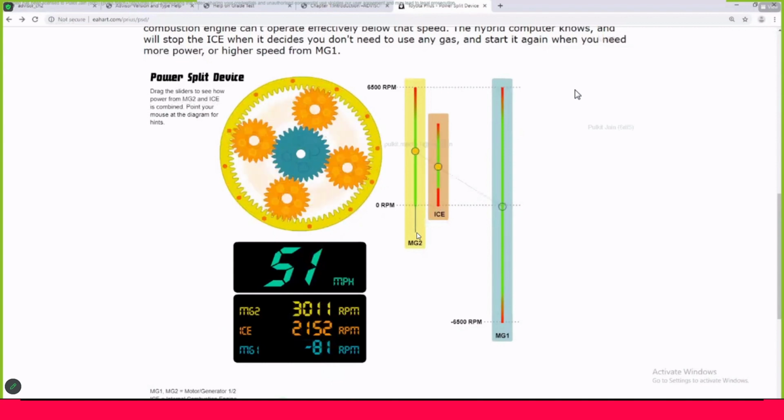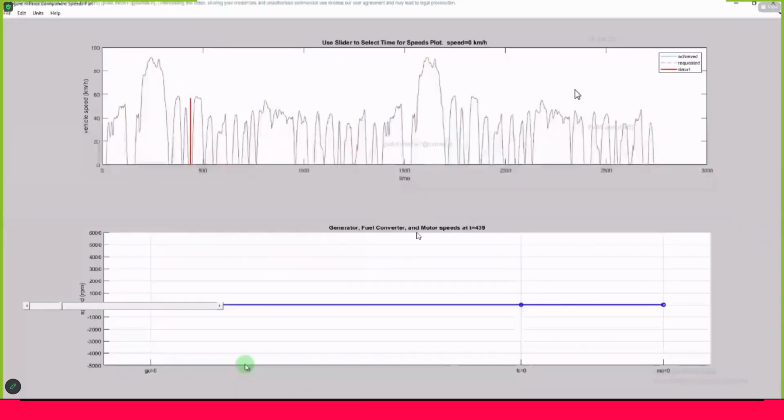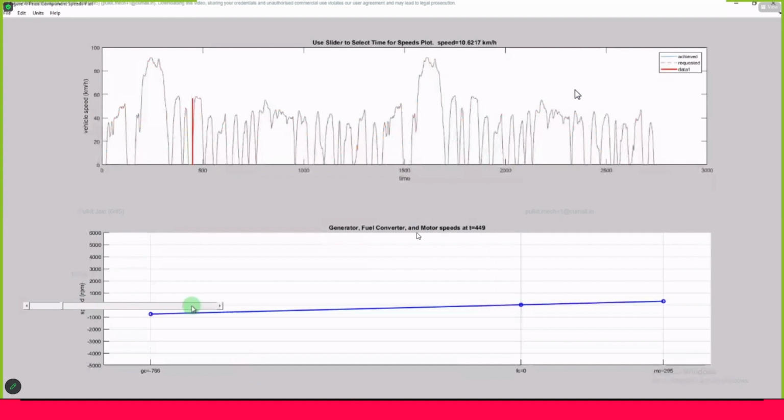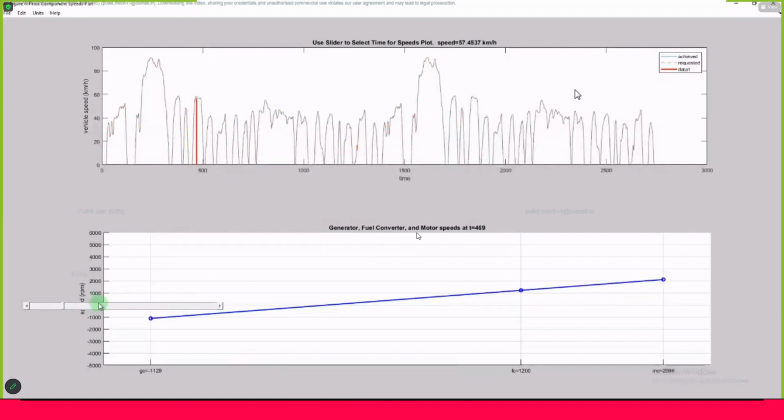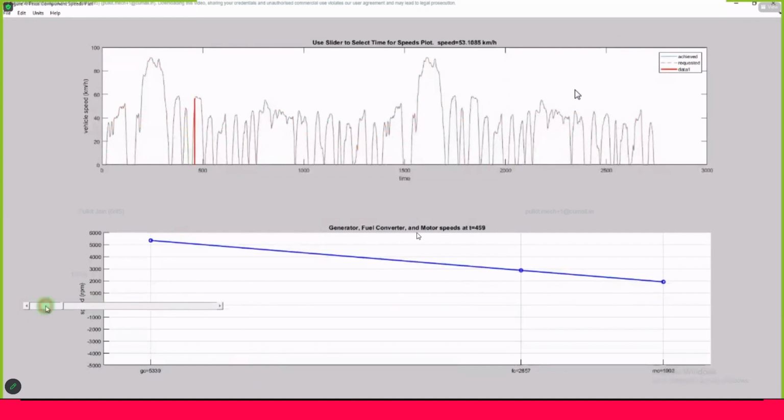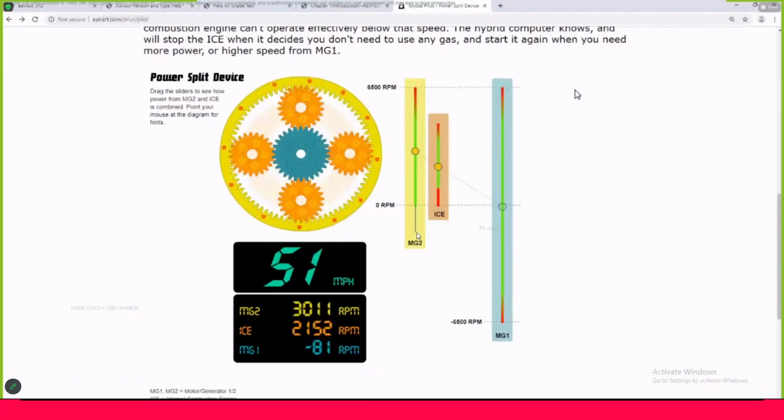You can verify the similar thing with this particular arrangement as well. So for example, if you have a condition near to this, where the speed is 53 kilometers per hour, the same can be